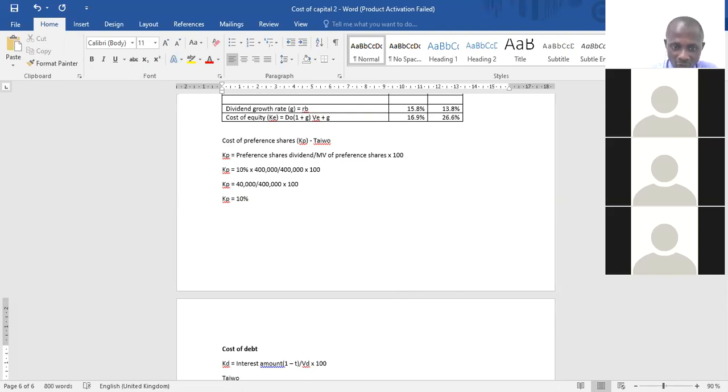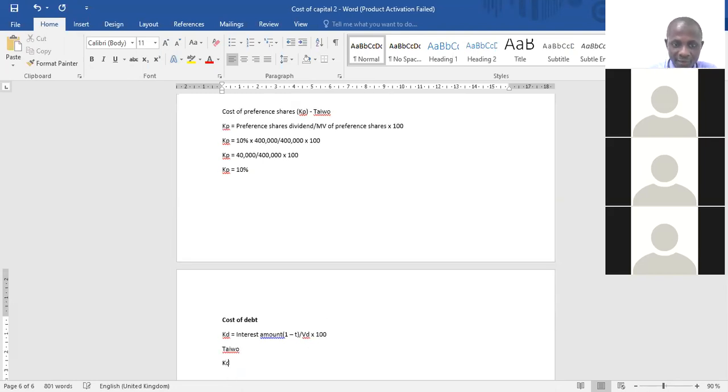The cost of debt will be equal to the interest for Taiwo, which is 100,000, into bracket 1 minus the tax rate, 30%, 0.3, over the market value of debt. We are told that it should be the same as the book value. And what is the book value? 800,000. Over 800,000. So that